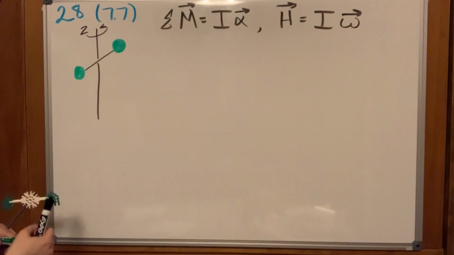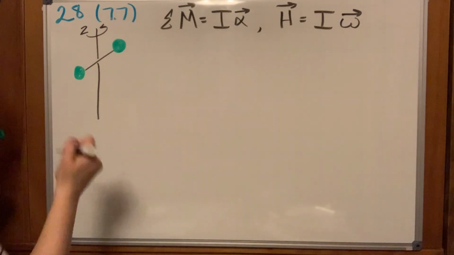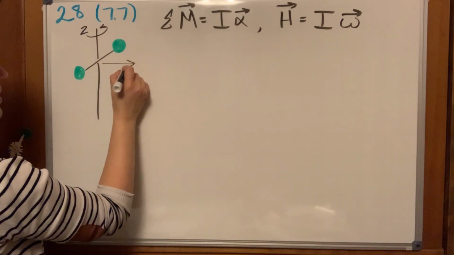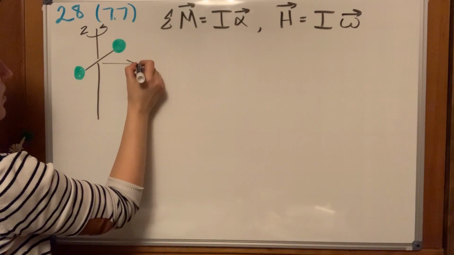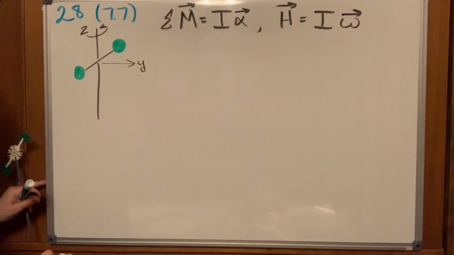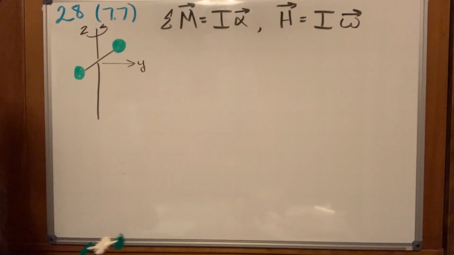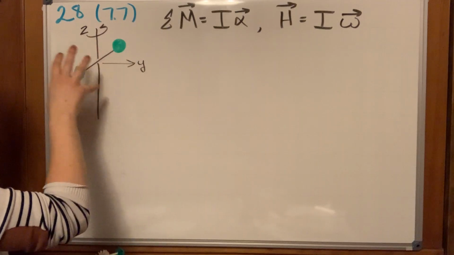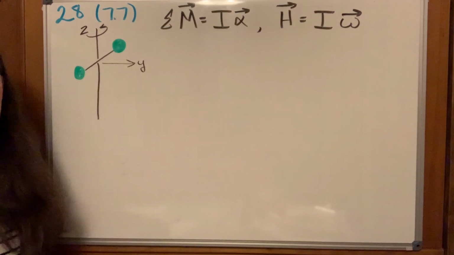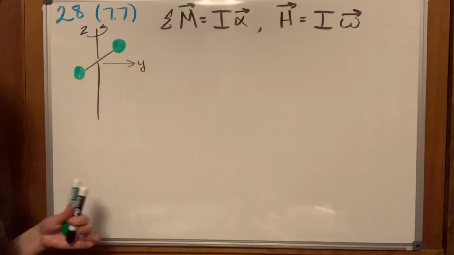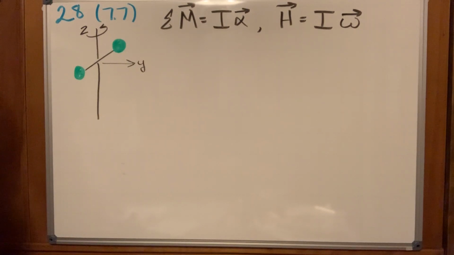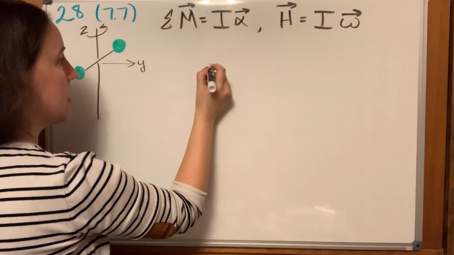And we'll call this the y-axis here. And now, what kind of angular momentum is this going to have? Well, you're first thinking, yeah, it's going to have angular momentum in the z direction. And you're right. So here, if we draw this